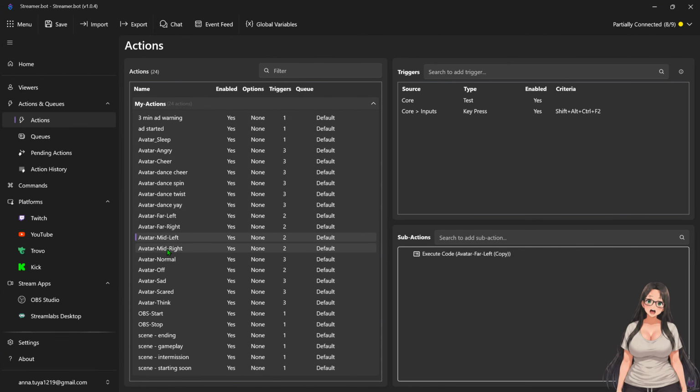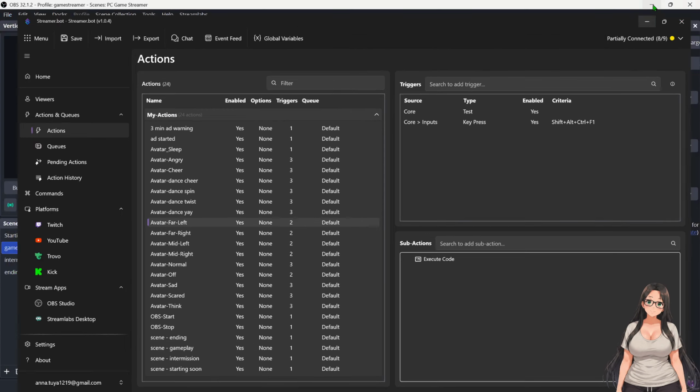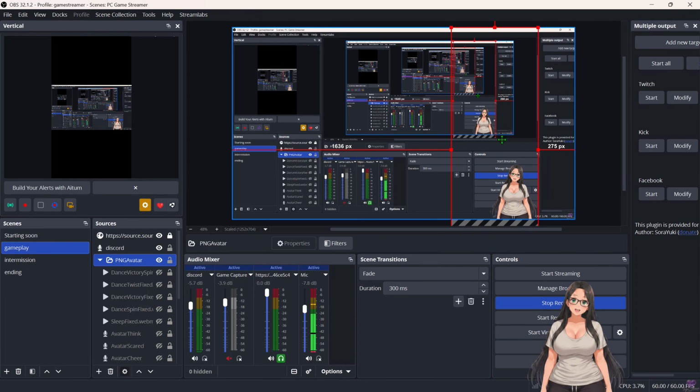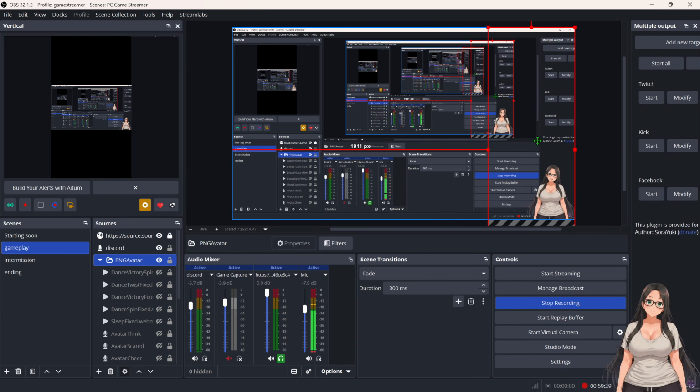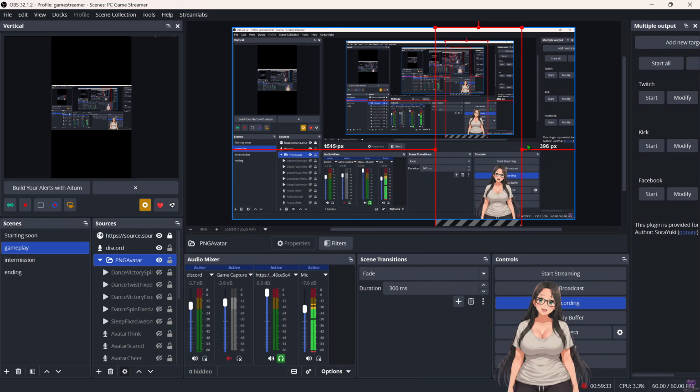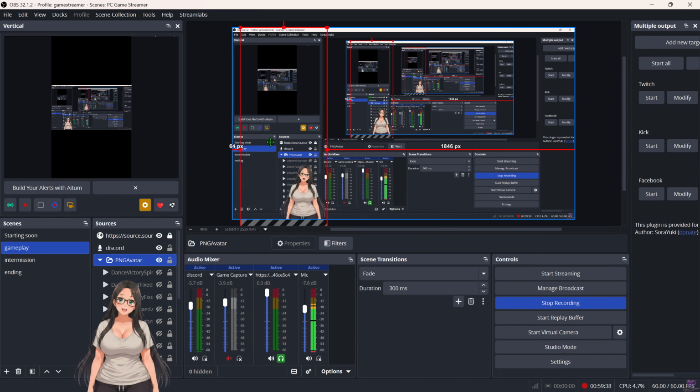It's just these four things which allowed me to move my avatar with hotkeys. The only reason that matters is because when you're playing a game, sometimes there's important menus here, and you need to move yourself out of the way, and you don't want to come in here and mess with this. So what my hotkeys do is they take it, and they're like, oh, hey, I'm going to put you over here, so now you can see your menu here. Or hey, I'm going to put you over here,